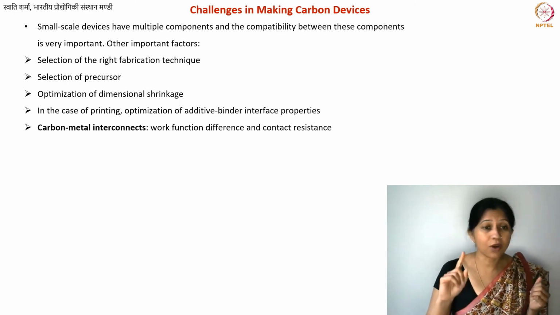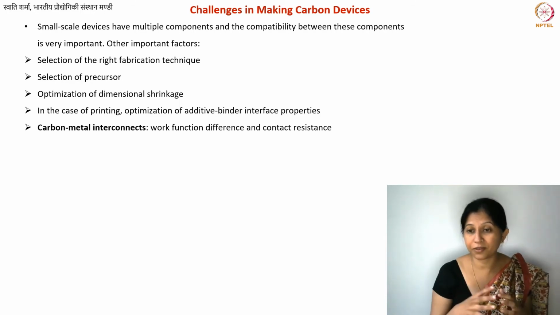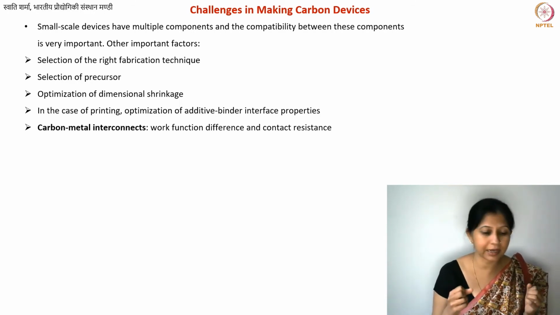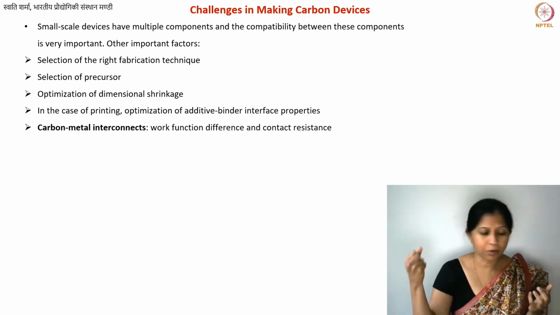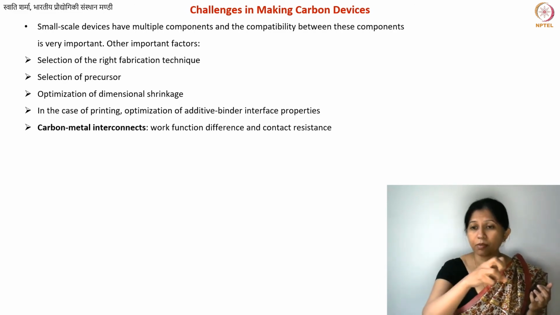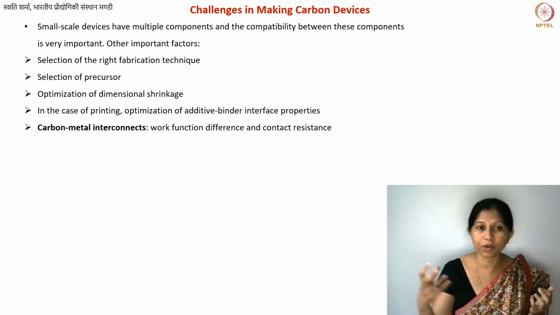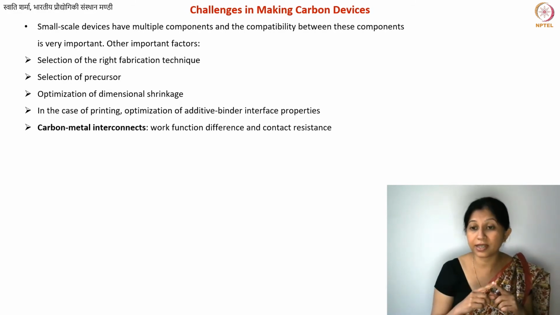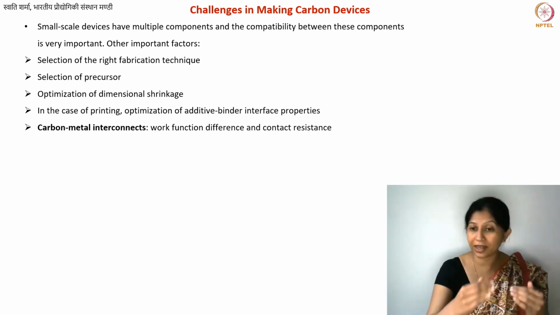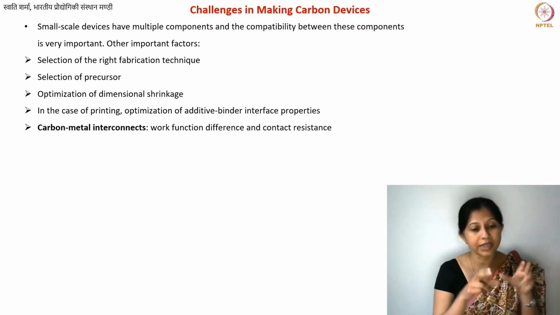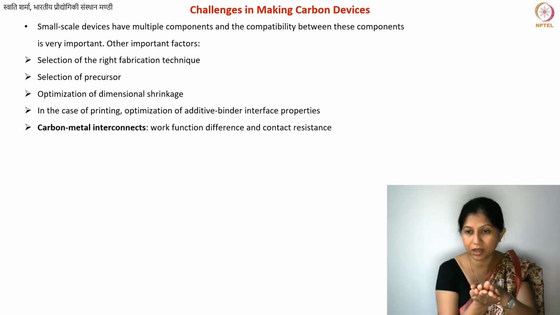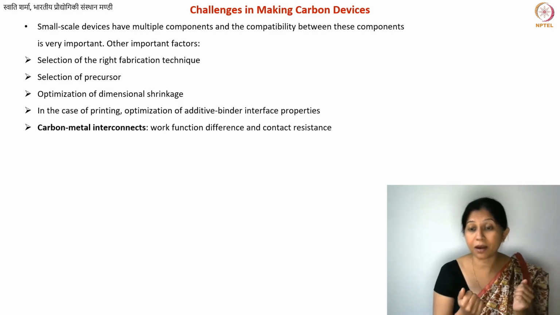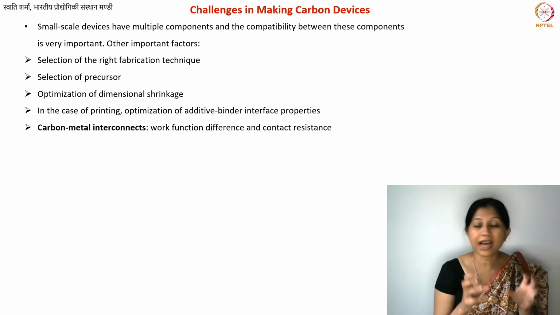And there, what you have is something known as the work function difference between carbon and the metal. Work function basically means the energy, or the thermodynamic work, that is required to pull one electron out of a material. So pulling one electron out of carbon and pulling one electron out of metal require different types of energies. That is why, when there is a transport of electrons, sometimes your contact itself, the interface again between metal and the carbon material, may offer a lot of electrical resistance. Or not a lot, but significant, something that does interfere with your signal.